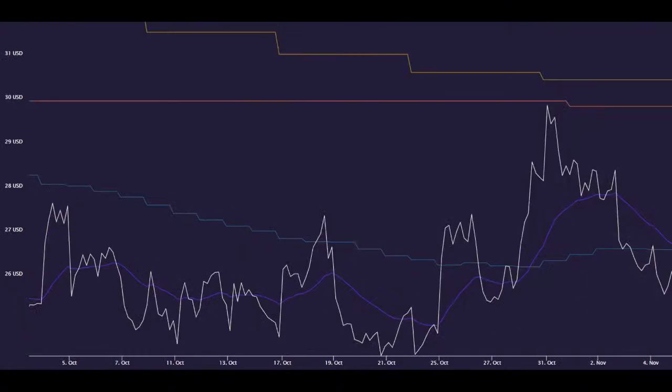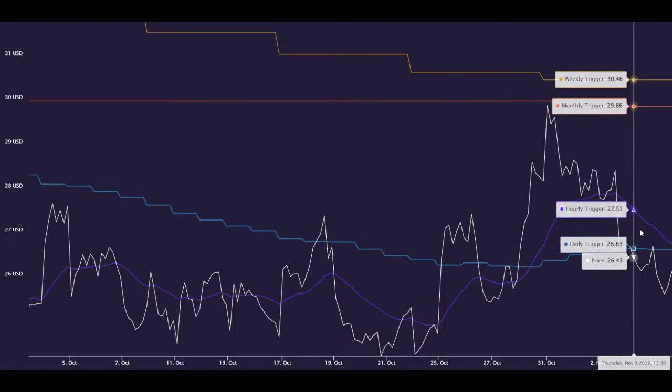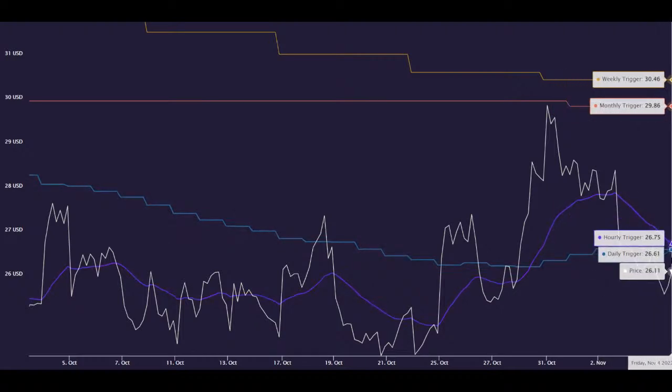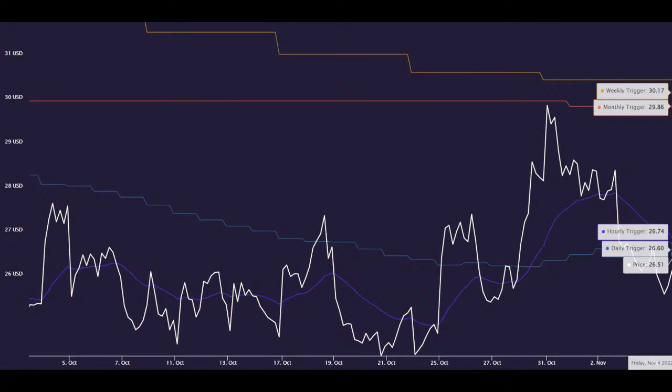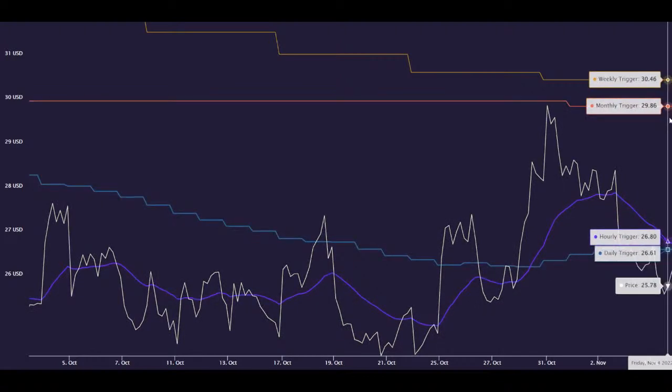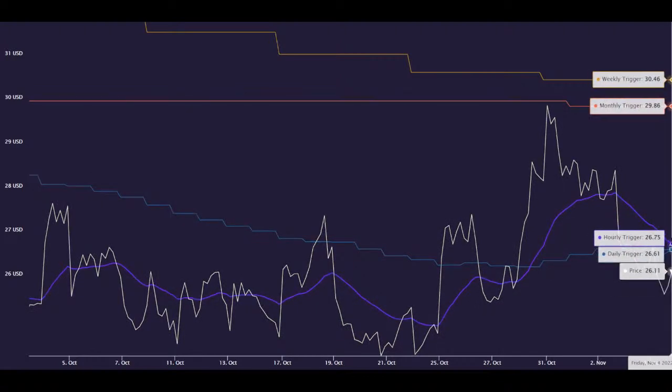So this is what I'm eyeing. Again, invalidation for this would be if the hourly trigger crosses below the daily trigger. Then the setup is invalidated, and we're not exactly going to be super bullish anymore. But we have a chance right here to complete this move. So one more time, what that move would look like would be,